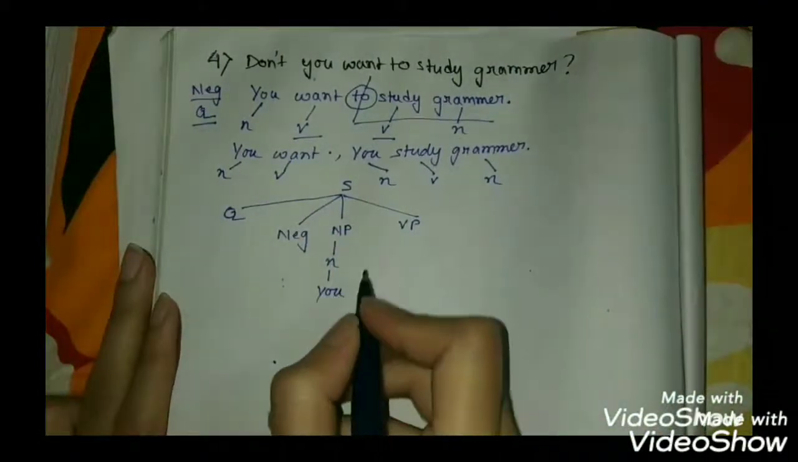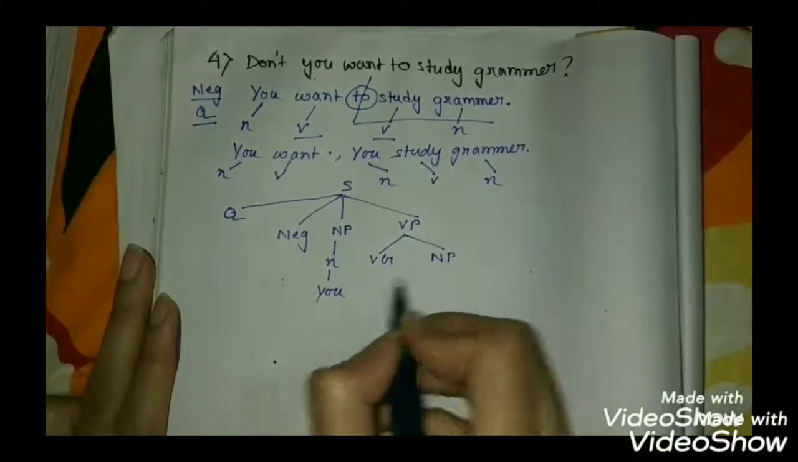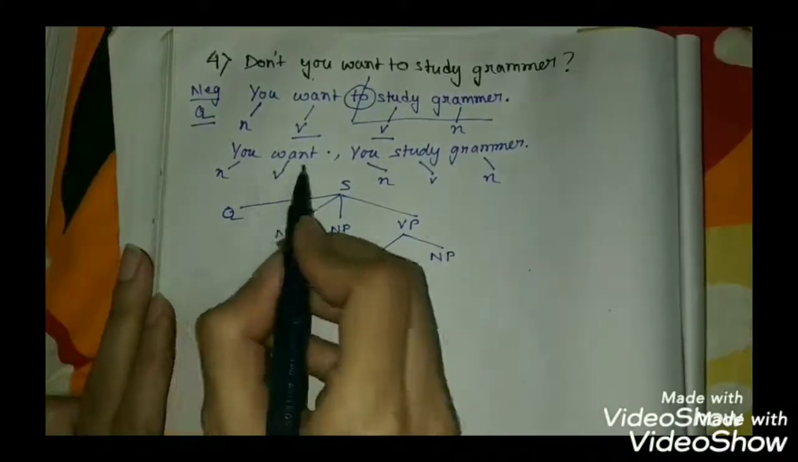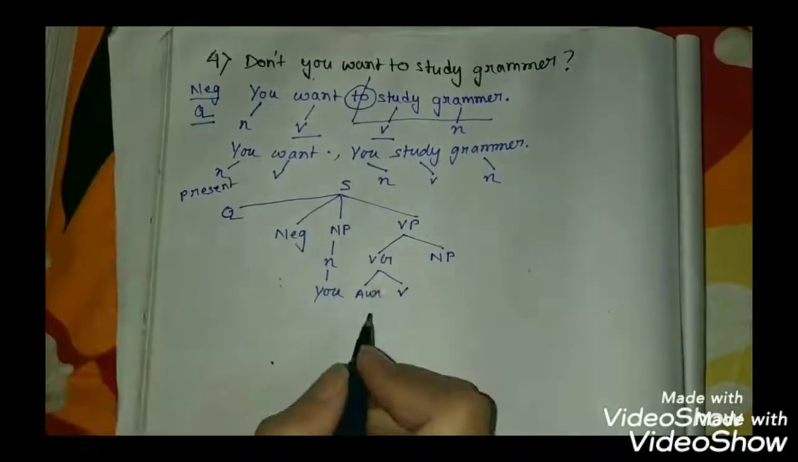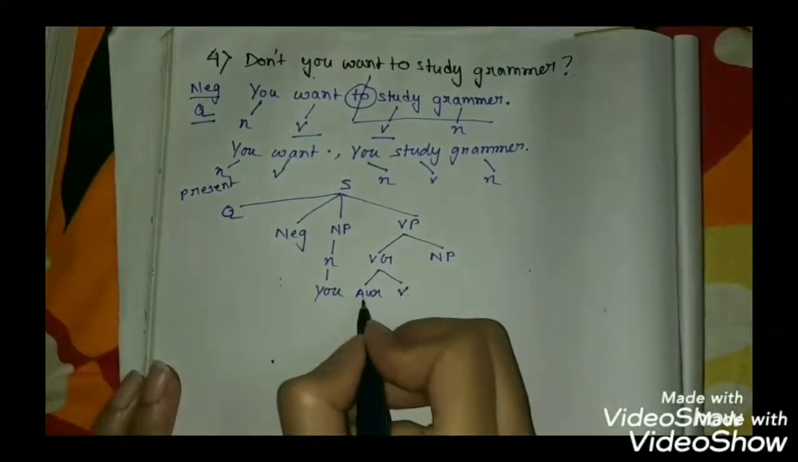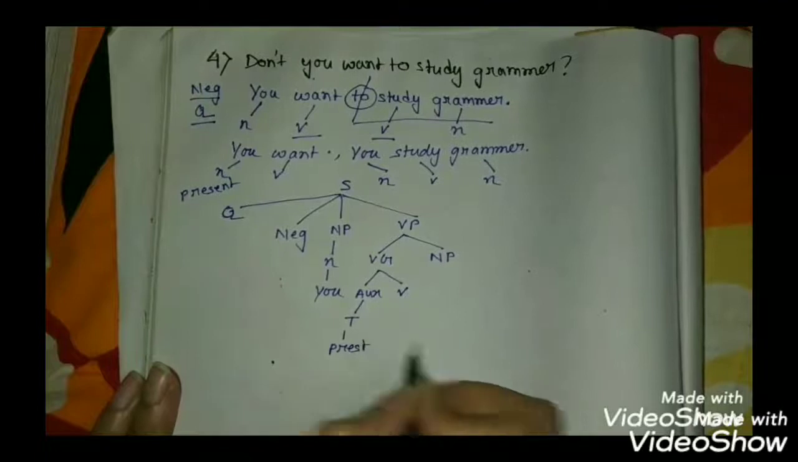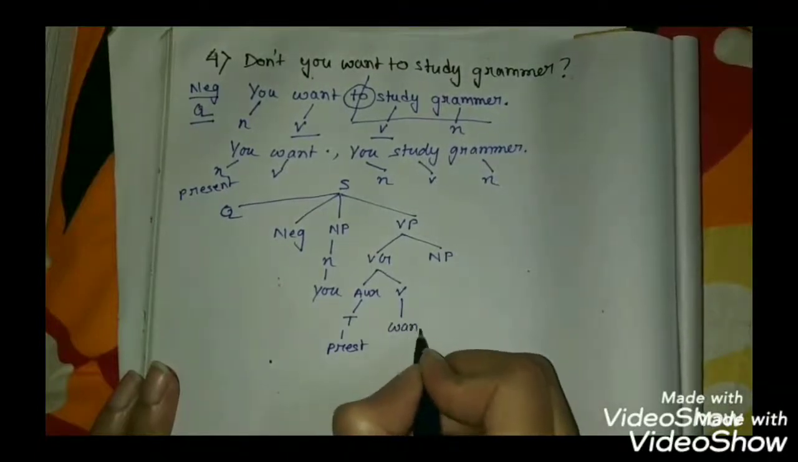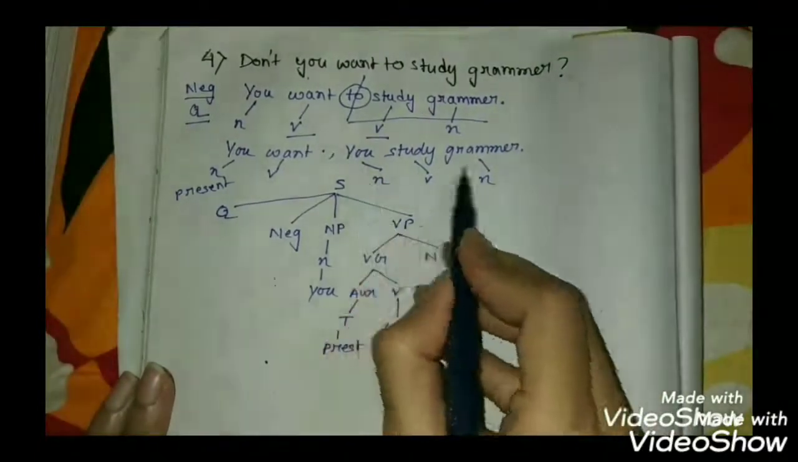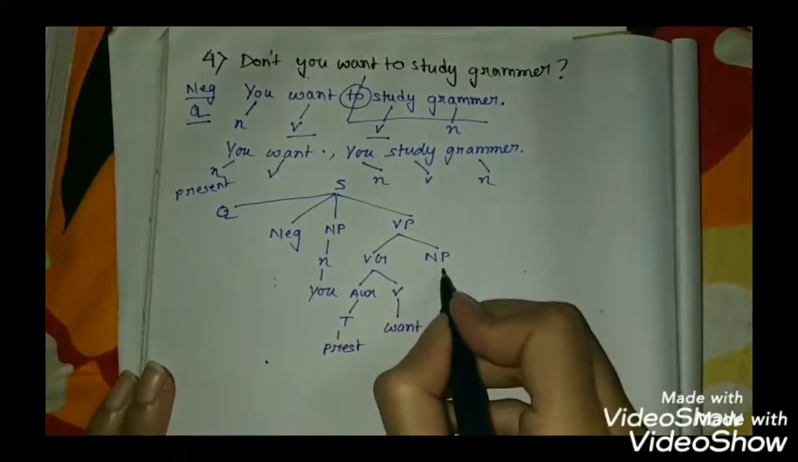So you and VP will be divided into VG and NP and auxiliary verb. So we can see it is in present tense. Therefore we will write the tense present and verb is want. And you study grammar, second sentence, therefore we will write S2